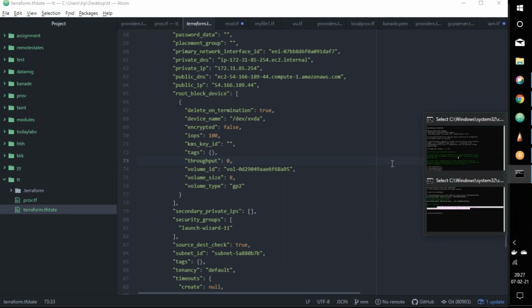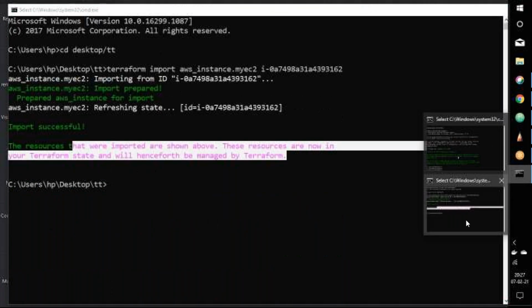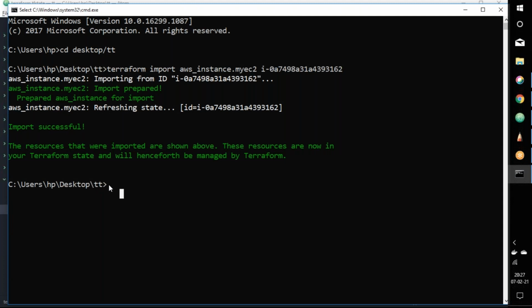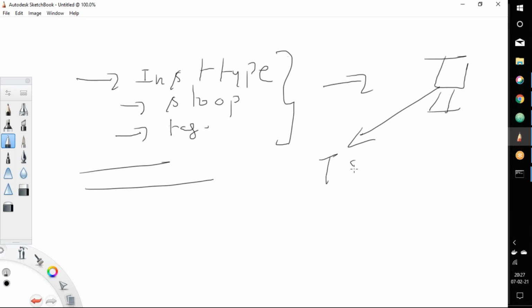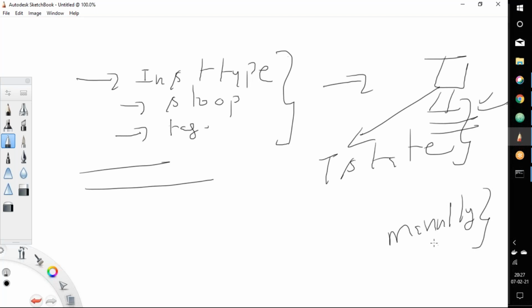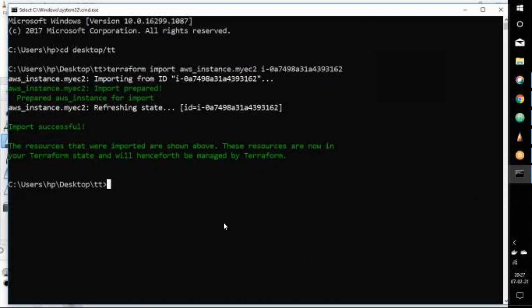And when I do Terraform plan now, whether the changes are going to be affected or not, that's the thing which we need to observe. That's the case one I would like to demonstrate. So this is case one. They are making some changes to the server, and we have imported the server into the Terraform state. And now we need to observe whether the changes that were done manually are going to be affected on the server or not.